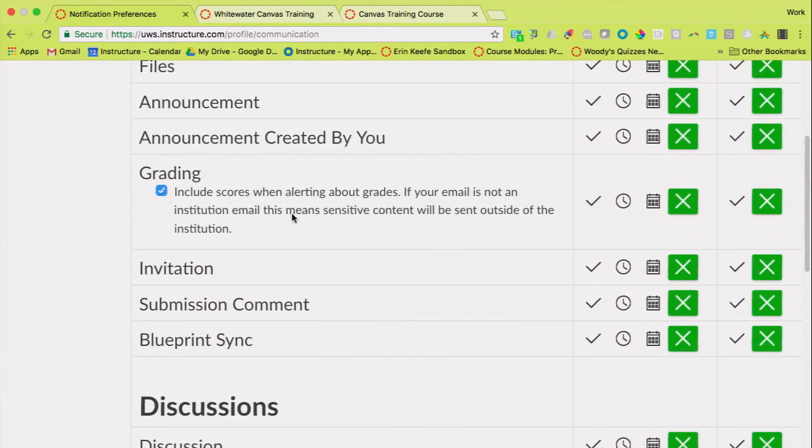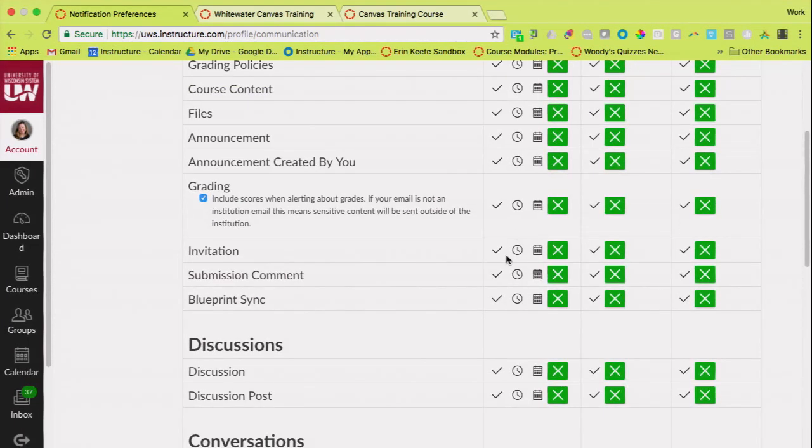You see under grading, there's one in there for you that I use as an instructor, which is late grading. I really liked that one. It would send me a notification when students turned in something late. I had that one set to notify me right away, which is the check mark there, so I could make sure I didn't miss it, and then I would normally reach out to them and say, why are you turning in things late?